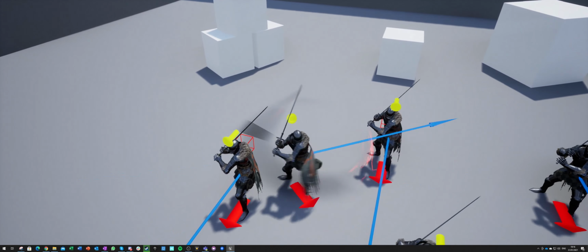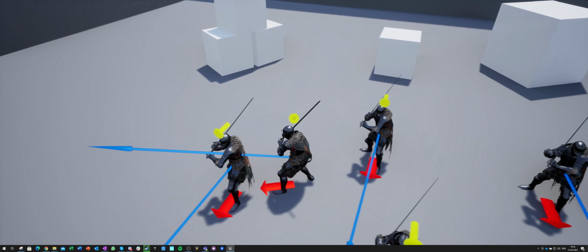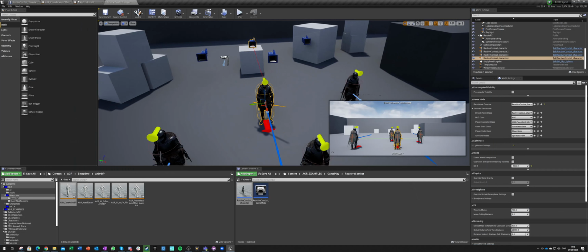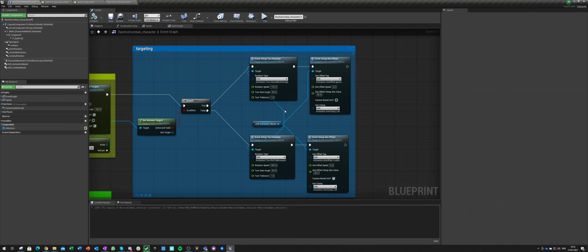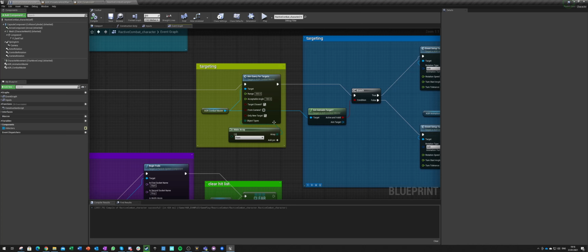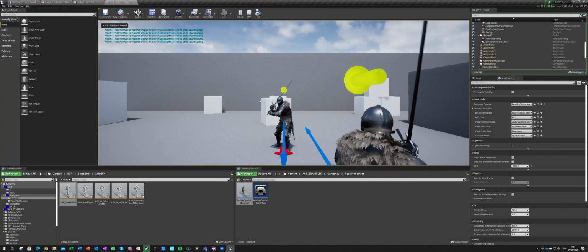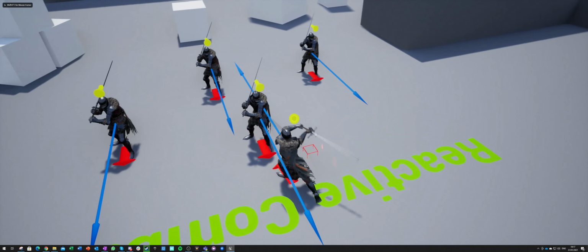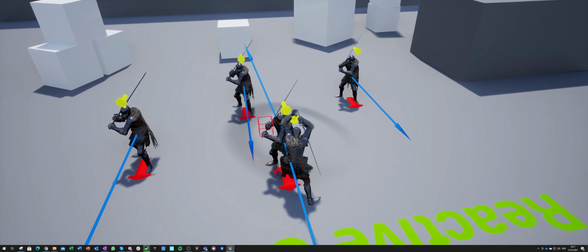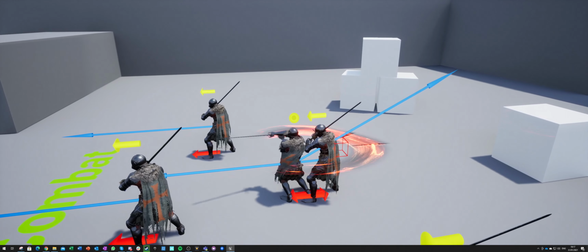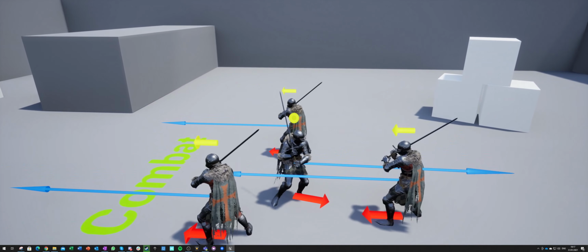So this is very reactive, like in Witcher. So right now I am forcing him to pick a new target, but I can as well just force him to pick the best target, which would be the closest target. So if an enemy closes by on me, he would just pick the closest target. So the target that is not being pushed back, but the target that is attacking me. So now he's not forced to find new targets. So he will continue to attack this guy. And if I move closer to another guy, he will turn toward him and start attacking him. So yeah, that's kind of cool.